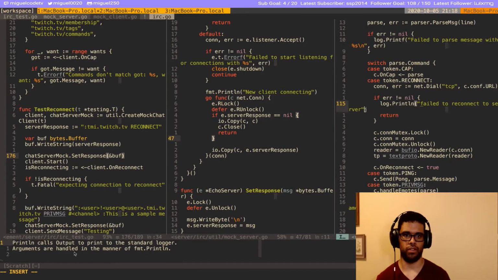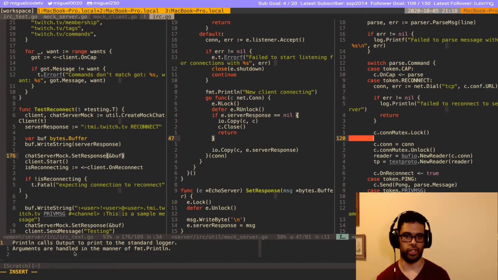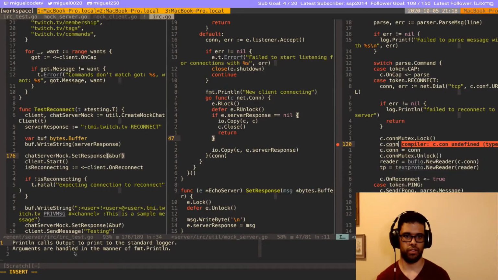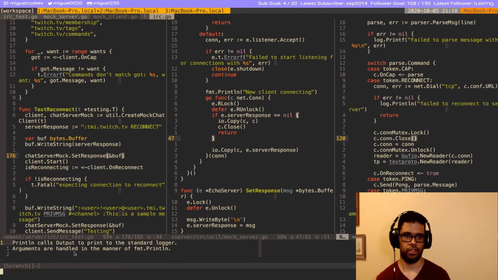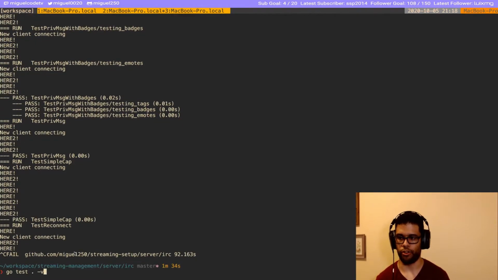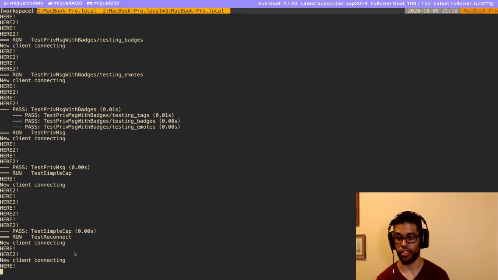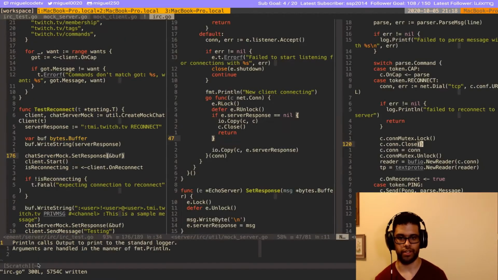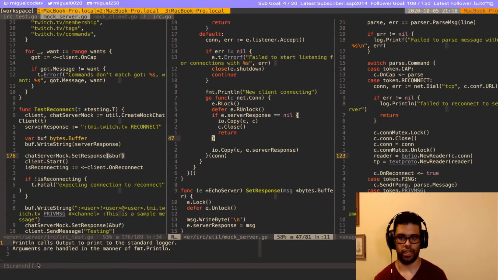Okay, so we should also close the current connection, because if we don't close it, there is a resource leak: we're going to open a new connection and never close it. Okay, so this looks better. So we are opening a new connection and then waiting for a message, but we never send that message. Why not?